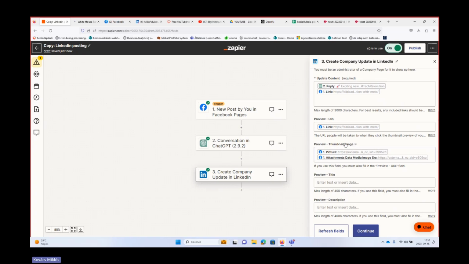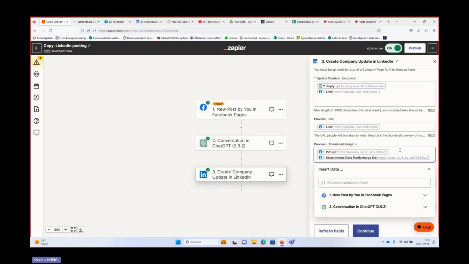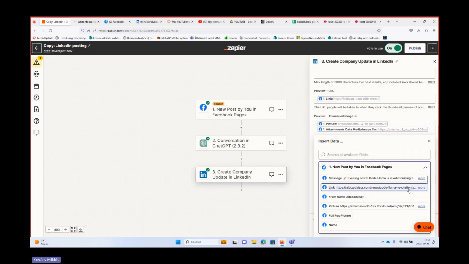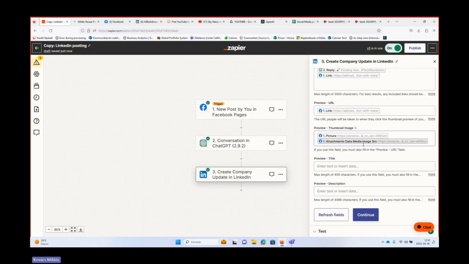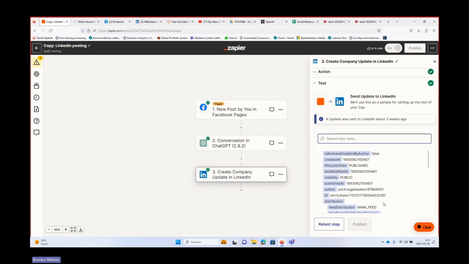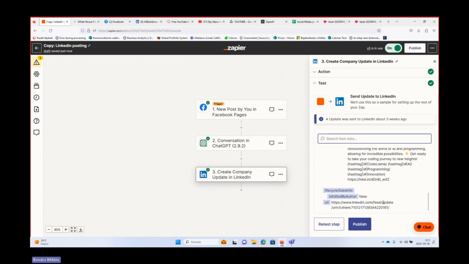I tested, and the right method is to use this one. So here you will find picture. This is going to be used, and data media image SRC. So this you're going to use to make it work properly, and if you are done, then you can publish, and that's it.